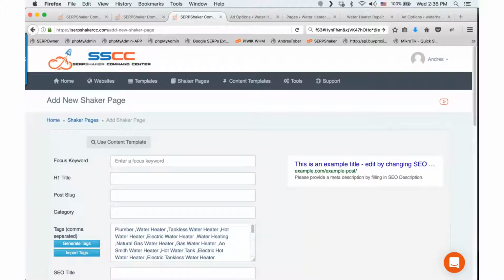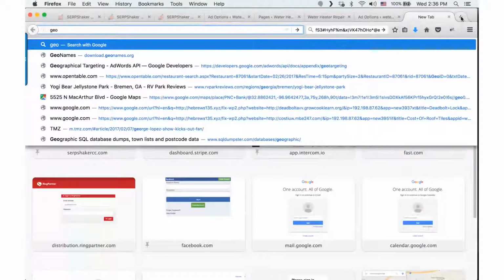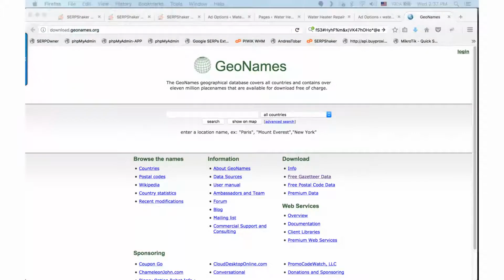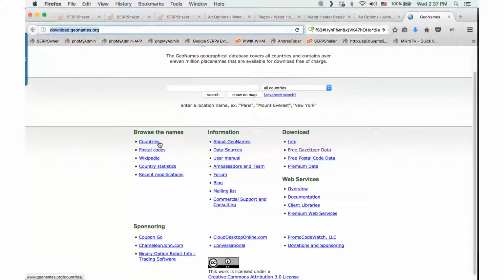There are other ways of finding lists. Actually, I may have gotten lucky. If you guys go to download.geonames.org, you can play around with that area and you may be able to find some lists, because I've downloaded some lists there before. I believe if you go through countries,